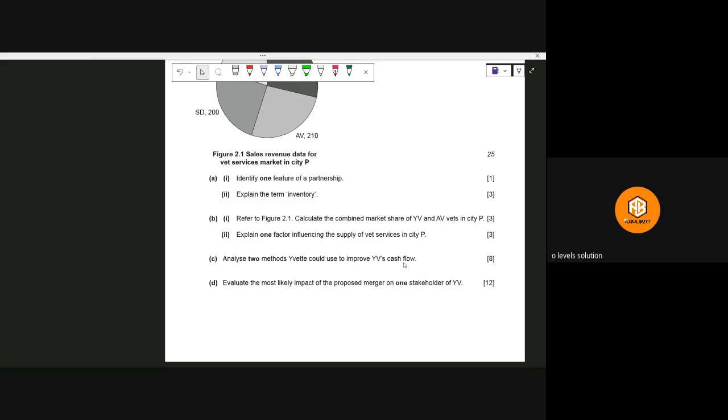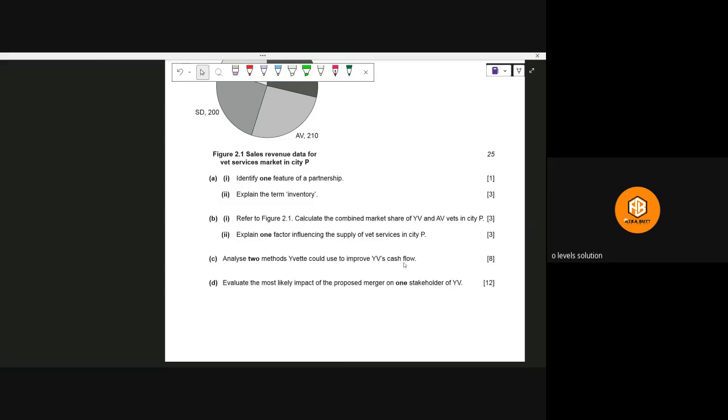So for example, if we talk about the customers, if the two companies merge, the customers will be able to get good services, because now the two companies merge their resources, their skilled labor and all the skilled doctors, so they will be able to give quality services to the customer. So that's one thing that can happen. But again you have to evaluate it as well. So we can say that yes, the customers will have the benefits of good services, but